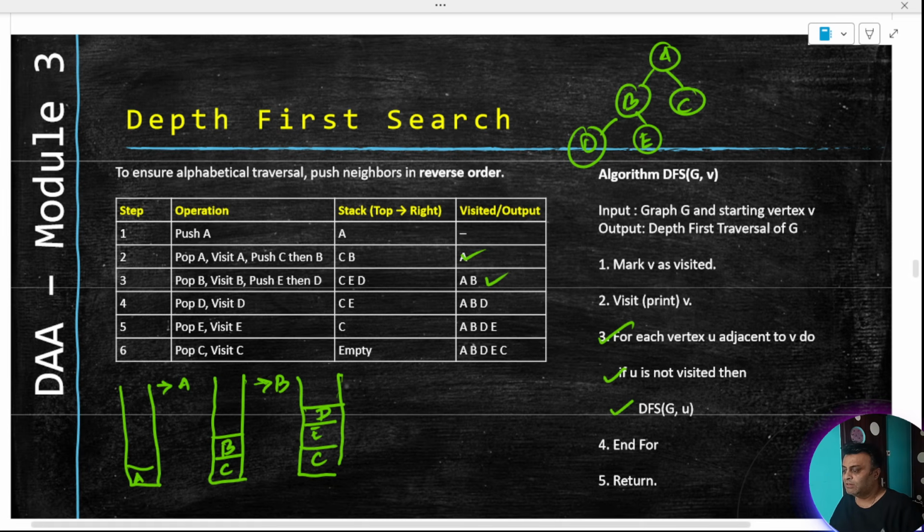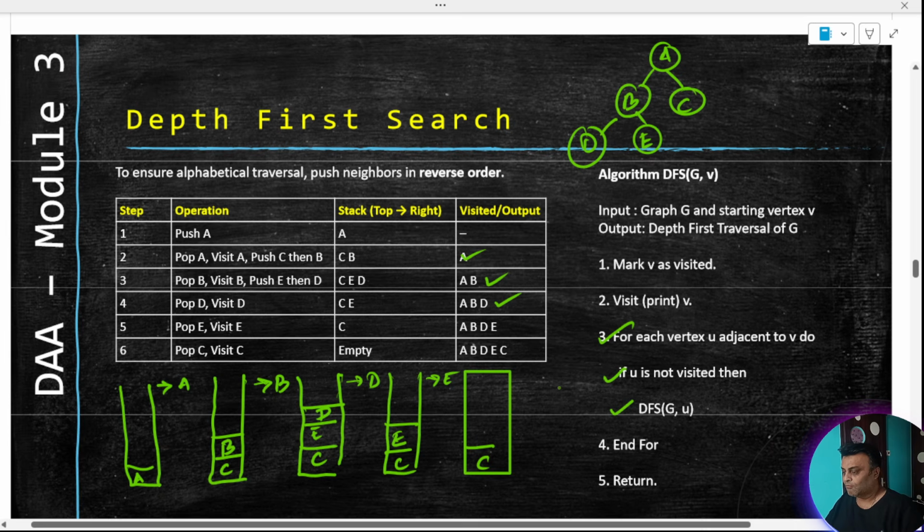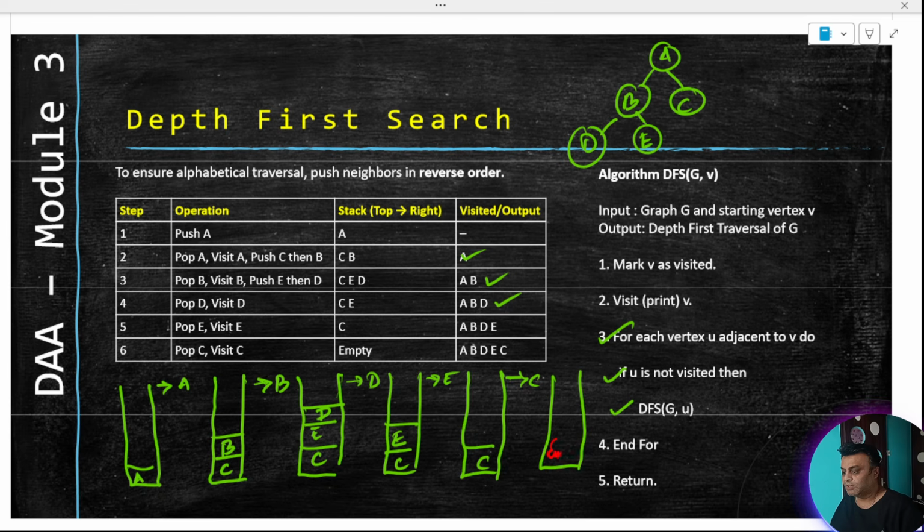And then you will be popping D, that is the topmost element, right? If you pop D, then D gets printed. Is there any adjacency for D? No, right? So there is no adjacency for D, so this remains as E and C. So you will be popping E. Now when you are at E, at that time you have popped E. Is there any adjacency for E? No, so you have just C left, and then you will pop this C out. And then you have a stack which is empty, and therefore you are done. Your loop will stop here. You have an empty stack. So that's how you do it.